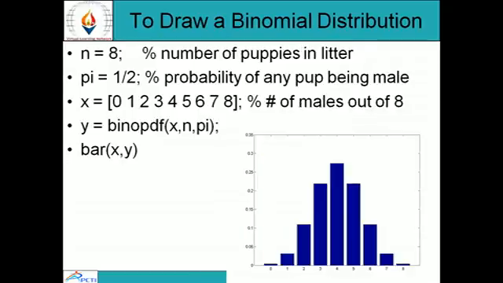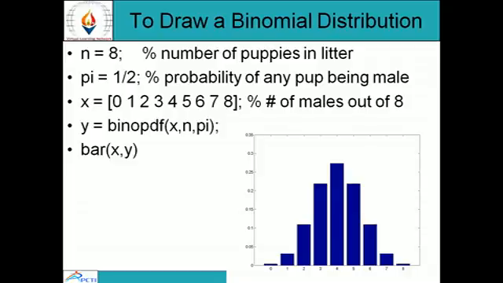Another example, when n equals 8, p equals 1/2, the probability of any pup being male. So q is also 1/2, because p plus q always equals 1. So if p equals 1/2, then q is 1 minus 1/2, which is equal to 1/2. x equals 0, 1, 2, 3, 4, 5, 6, 7 and 8. That means the total number of observations is 8. The probability of males out of 8 is calculated by using